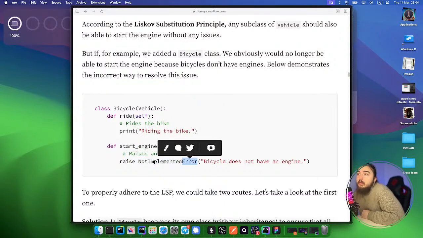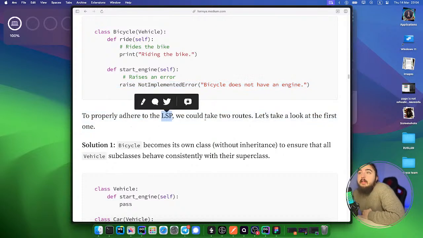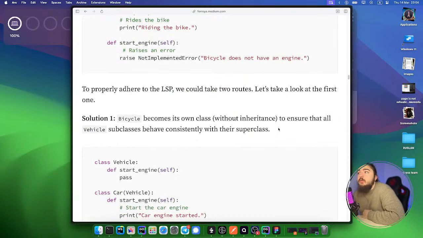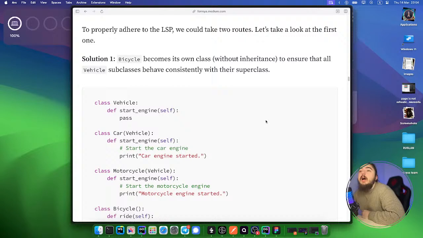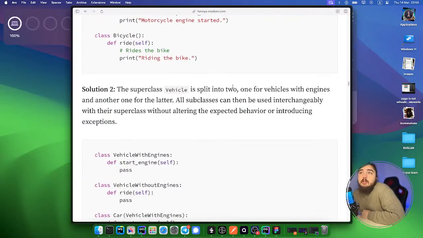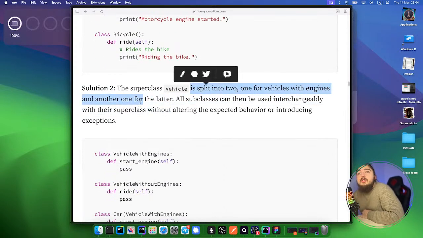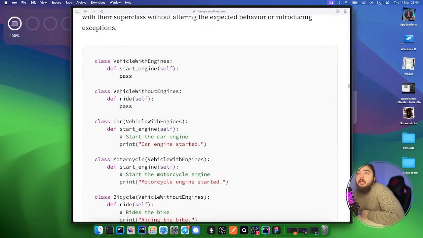To properly adhere to LSP, we could take two roads. Let's take a look at the first one. Solution 1: Bicycle becomes its own class without inheritance, to ensure that all vehicle subclasses behave consistently with their superclass. The superclass vehicle is split into two, one for vehicles with an engine and the other one for